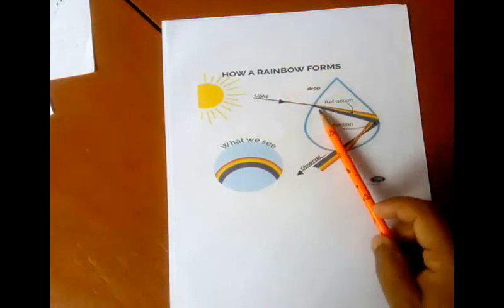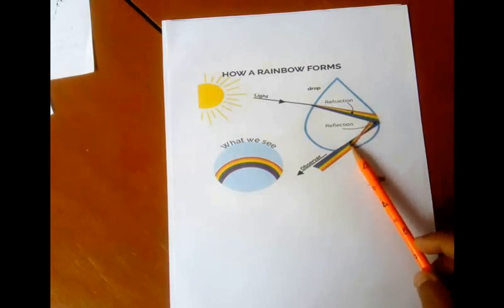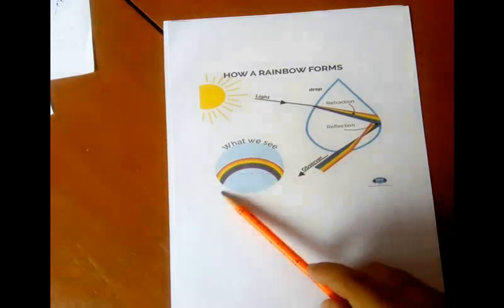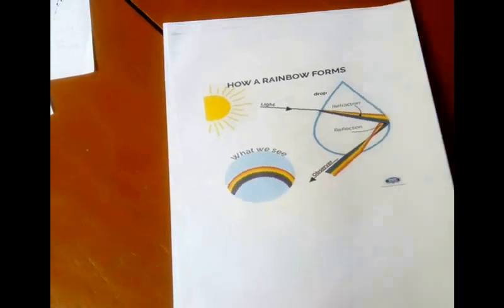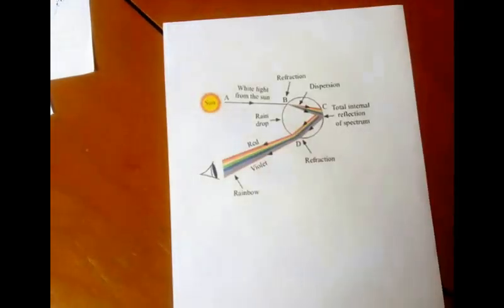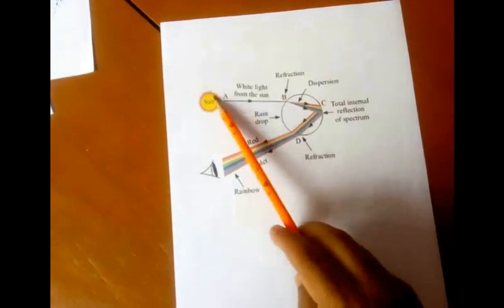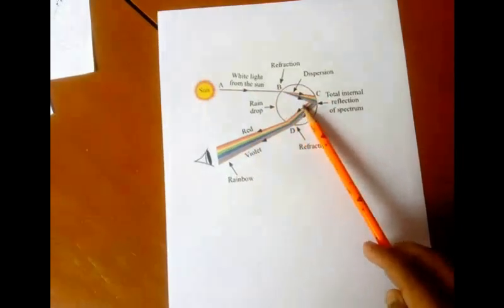Refraction plus dispersion will occur here, and then inside the raindrop there will be total internal reflection. The entire band will be reflected, and when it comes out of the raindrop, again it will be refracted. So the observer will see a band of colors like that. There is another picture which will help you understand better. This is white light from the sun, and it enters the raindrop